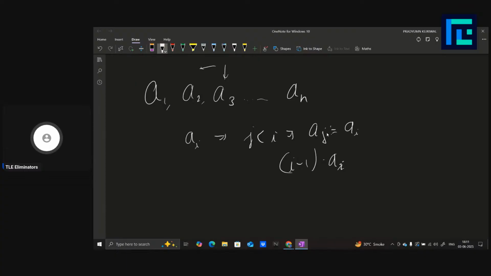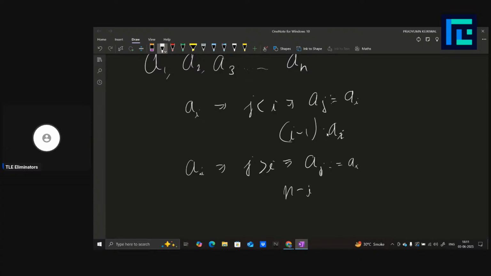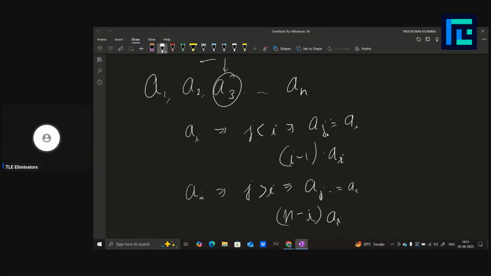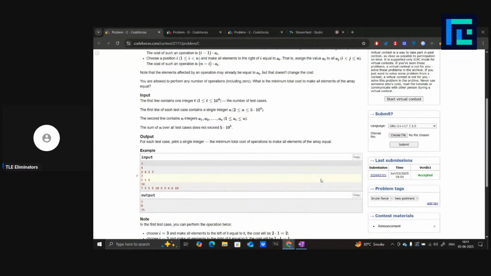And one more thing I can do is the same for the right. I can choose some ai, and for all j greater than i, set aj to a of i, and this will take the cost (n minus i) times ai. So essentially, I can select any index, and all of the elements to the right of this i can change to that element, right? So we need to find the minimum total cost to make all the elements equal. Okay,